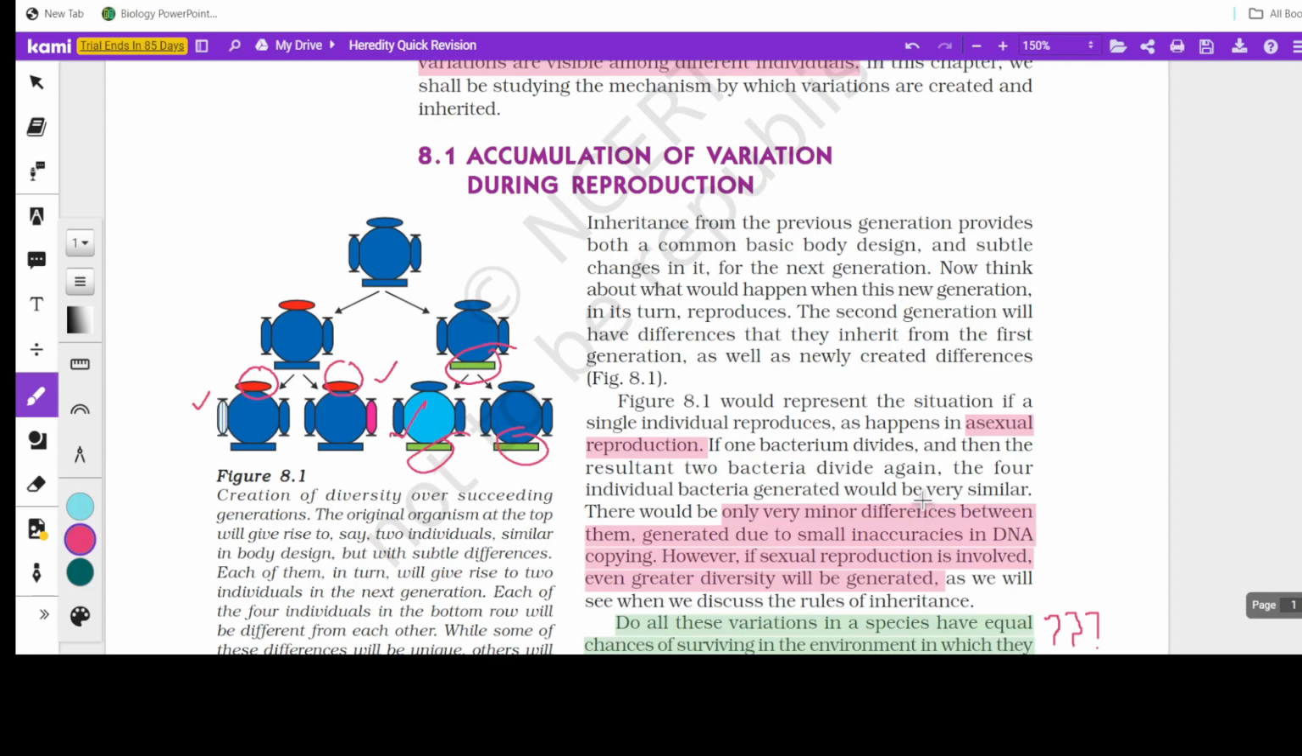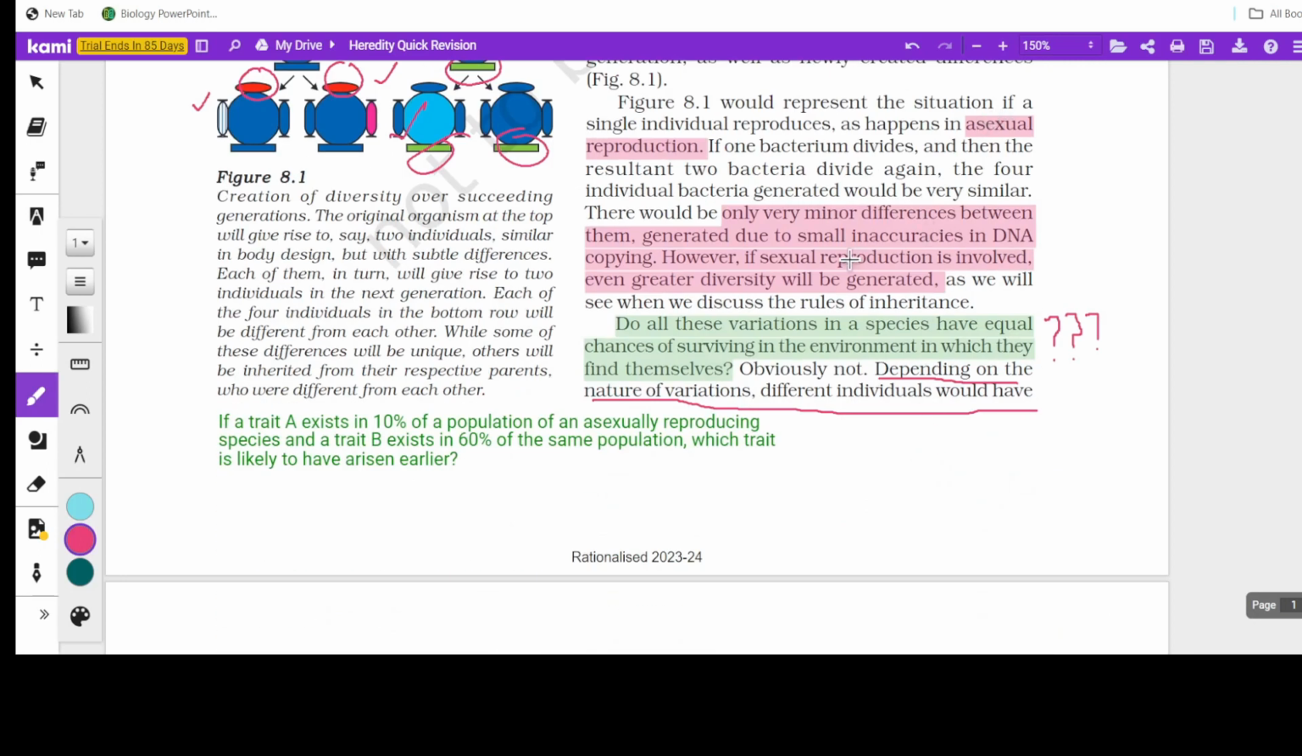Okay. Now, so as I said here, to identify if it is a sexual or asexual reproduction, that's one of the questions. Then, only minor differences between them can be generated due to small inaccuracies in DNA copying, that is during asexual reproduction, okay? Because in asexual reproduction, there is no fusion or mixing up. Here there is only DNA copying,